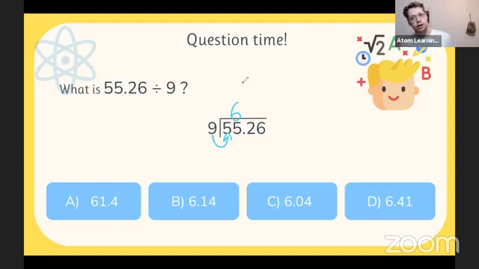Now, what I encourage students to do at this point is to eliminate answer choices. So I know that 9 goes into 55 6 times and there's a remainder of 1. When there's a remainder of 1, we carry that to the next place value column. So I'm going to put my cute little 1 there. The next step will be 9 into 12. But I know that the first part of my answer is going to be 6. So I can get rid of answer option A because that says 61. So again, that can help.